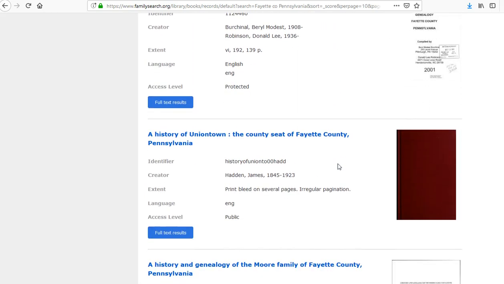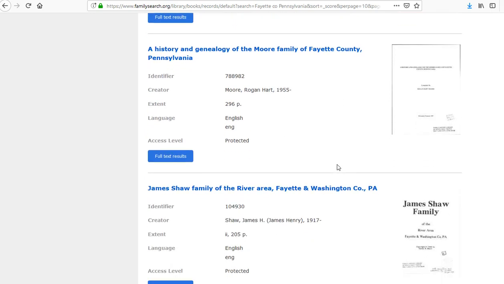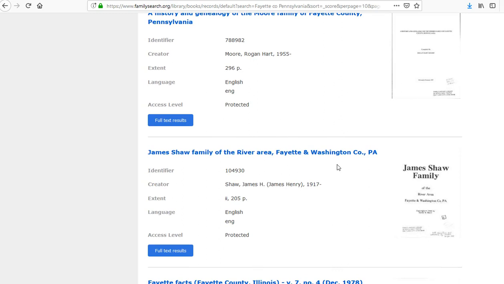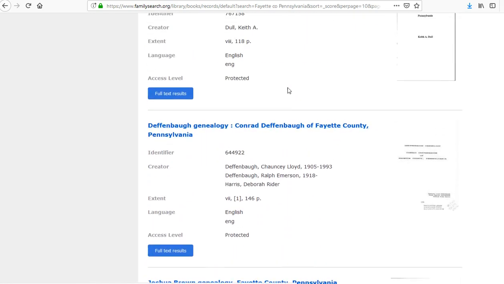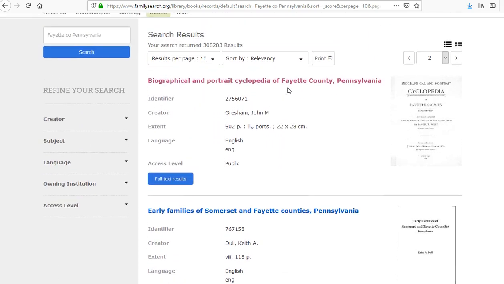You'll find as you go in here and search that you can put in different ways that you want to research. And as you research, you'll find some books that'll have interesting names on them. And you'll want to go through and search for other ones, especially if it has something in there for you, like this where this says biographical portrait encyclopedia. You can do that in any county in any area of the United States, any state of the United States. You can go ahead and put biographical and portrait encyclopedia of, and then put in